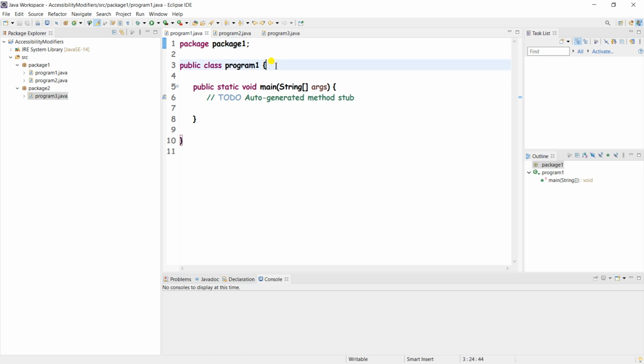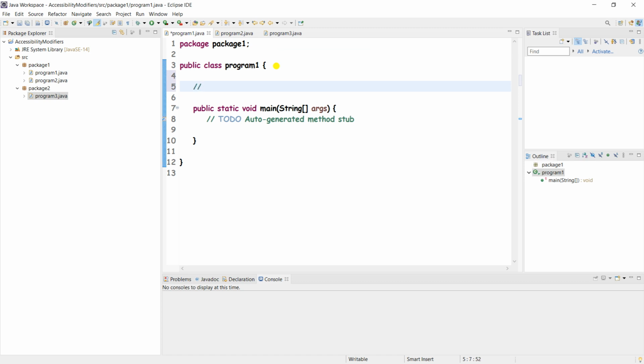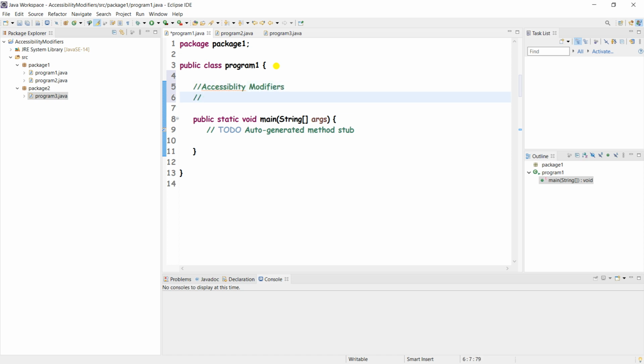So yeah, in C or in C++, we have access specifiers. Okay, but in Java we have accessibility modifiers. Okay, so there are four types of accessibility modifiers in Java.